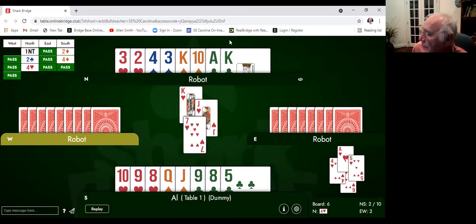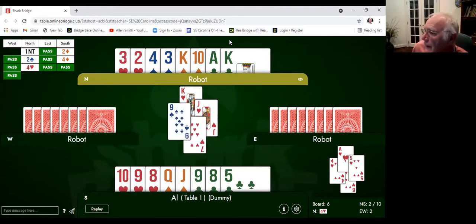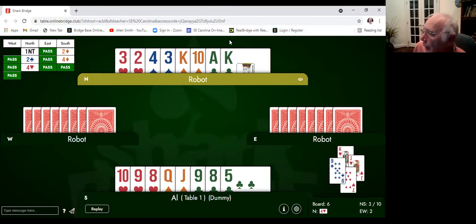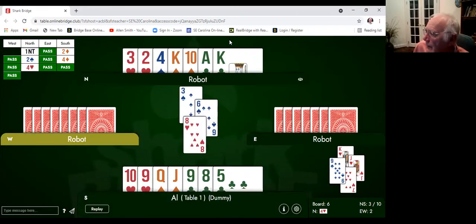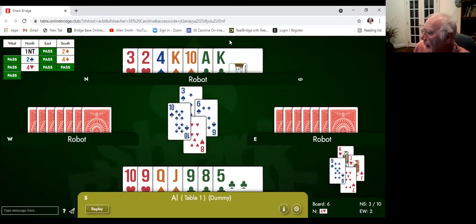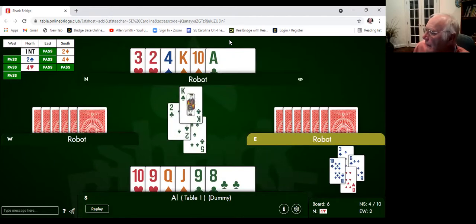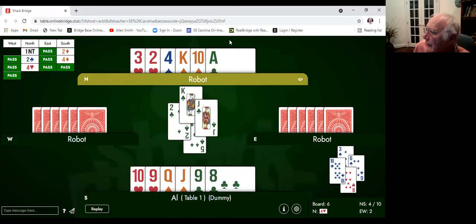West hopefully will have that spade, and lo and behold, they don't. Okay, so they've got 2 tricks now. So we know they have another heart trick, and we also see that we've got 2 club tricks left. We've got 2 diamond tricks left, and we need to be able to rough the spade. So what we're going to do is extend the value of our trump by trumping spades. So we trump that spade, and then we go back to our partner's hand, the opener's hand, with the club, and we lead another spade,